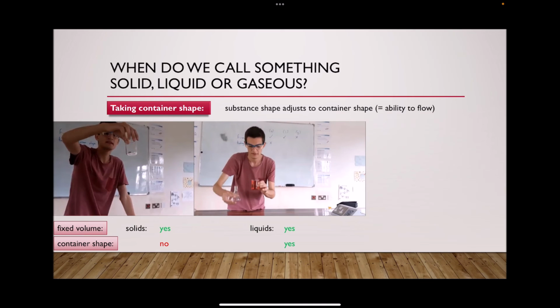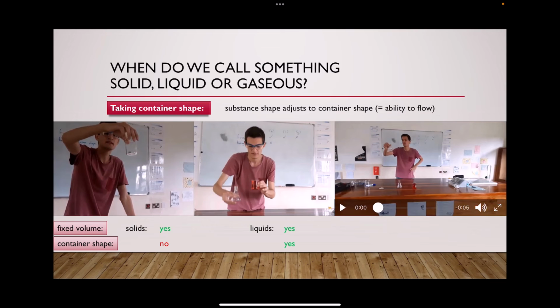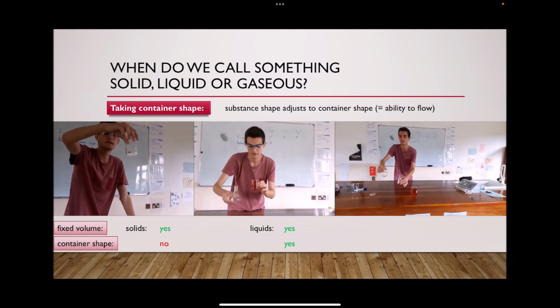That's why we can say that liquids take the shape of their container, still keeping in mind that liquids also have a fixed volume. If we look at gases, it gets a little bit more difficult because most gases are invisible, but we can imagine air, which is gaseous, being in the round bottom flask, and we could pour it into the conical flask, telling us that gases do take the shape of their container, because gases like air just fill every given room, they take up any space given to them.